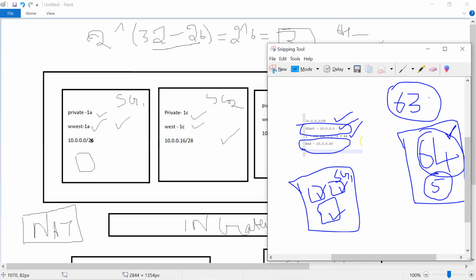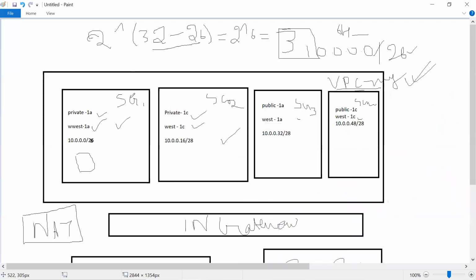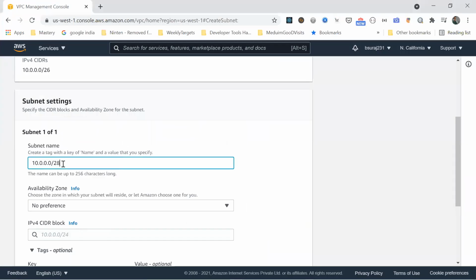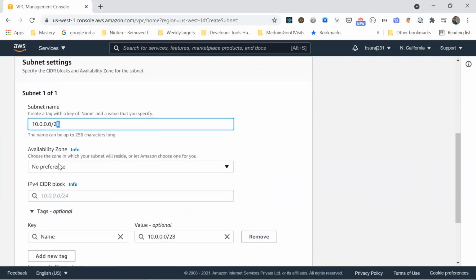And one more point to remember is that if you're getting 64 and I'm trying to get different services, maybe EC2, load balancer, DNS and other things, I will only be able to use 59 IP addresses. 5 will be used by AWS for different backend services. Okay, so we are creating the security group, and we are here up till 28 subnet.